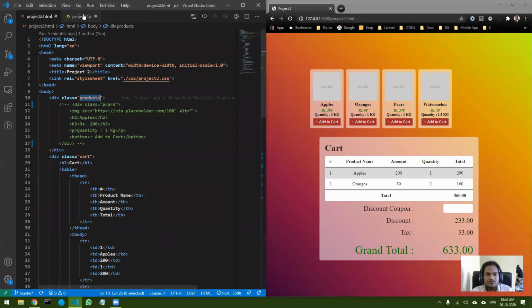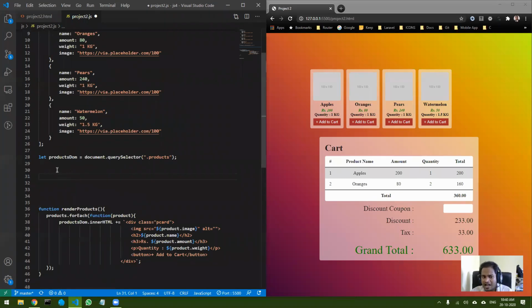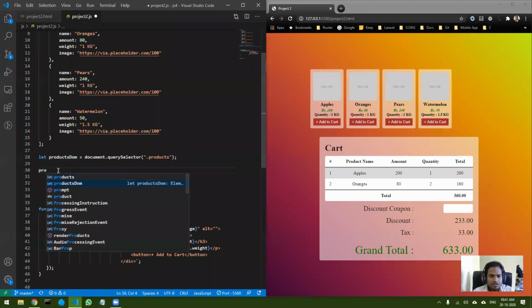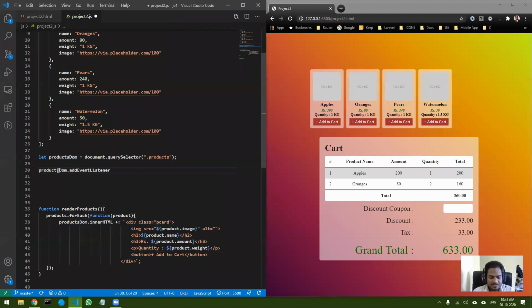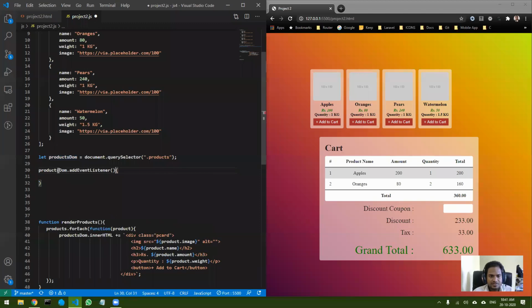So if you look at it, I already have that products DOM selected. That is the reason why I brought this particular query outside. I had that in mind already, so that's why I brought this outside. So now I can do productsDOM.addEventListener. Which event should I add? The click event, right?